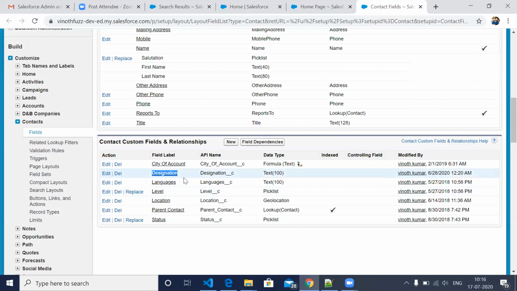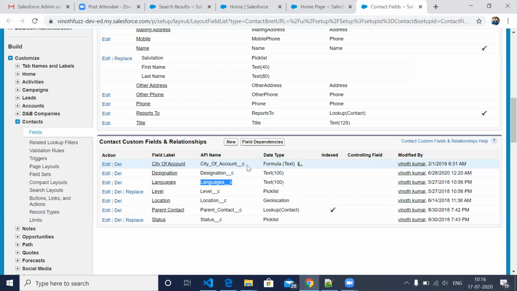We don't want to affect the database, so we are using two different things. This is the database name. It will always come with underscore c, and it will not have any space. Wherever a space is there, it will be filled with an underscore. Same name only. Here we have underscore, and here we have underscore c. The c represents that it's a custom field.